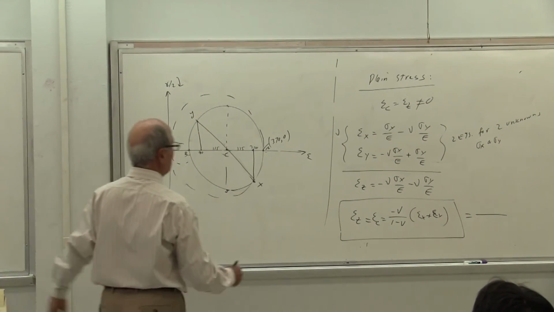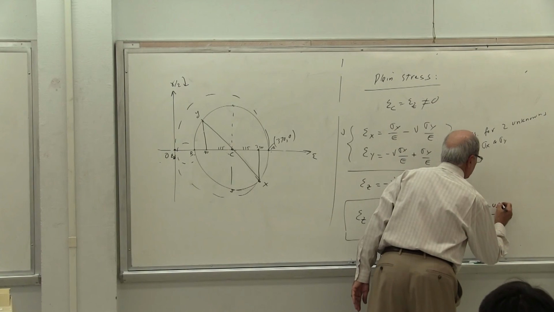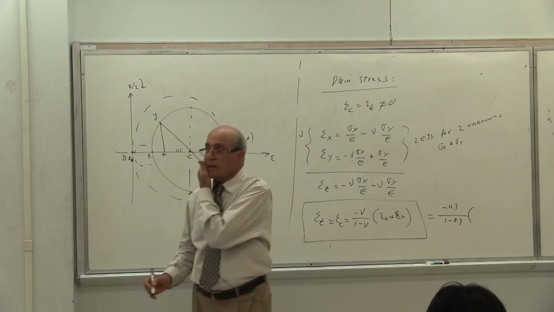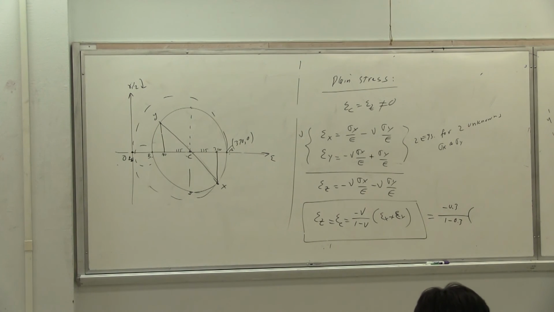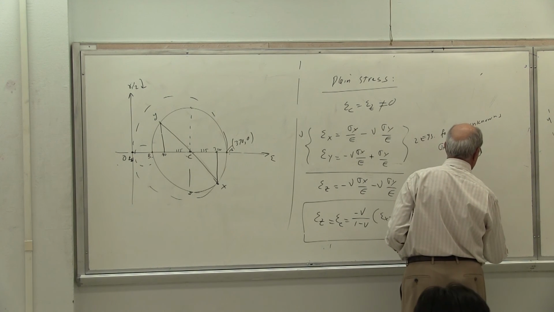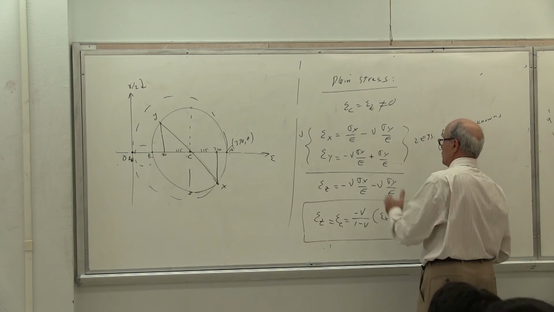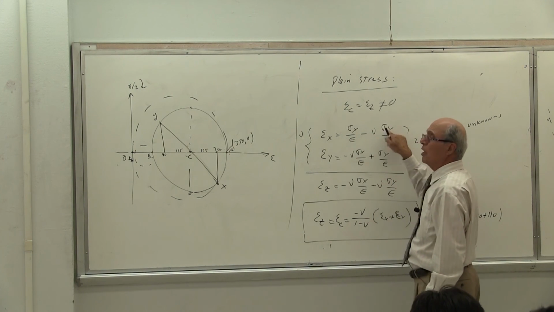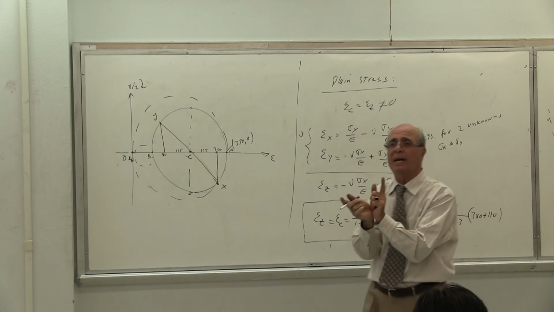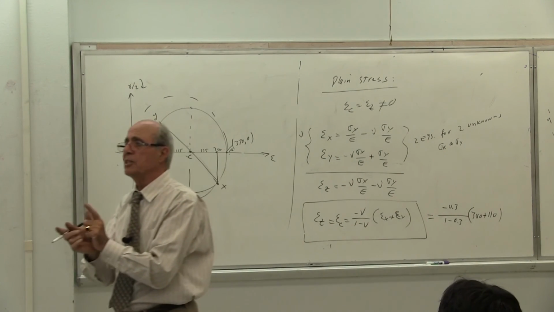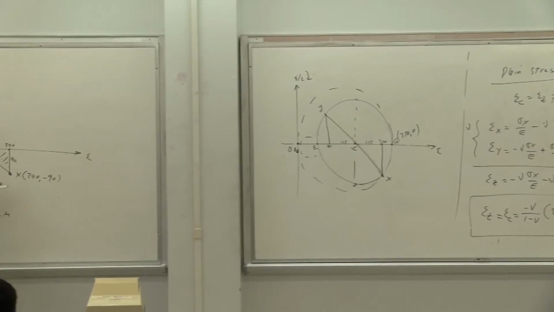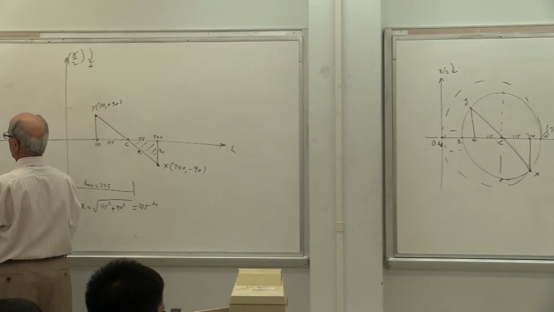What was the number I gave you? Minus nu, minus 0.3, divided by minus 0.3, multiplied by what? By epsilon x. Epsilon x is how much? 340 plus 110. By the way, this is applied not only to x and y. It applies to a and b, to any x prime and y prime. Everybody understand that? Because it doesn't matter. When you change this to another location, I want you to understand what is here. I mentioned it for the other class.